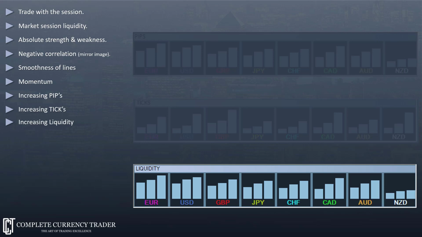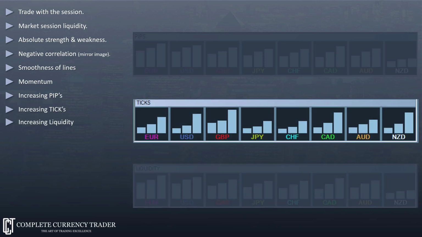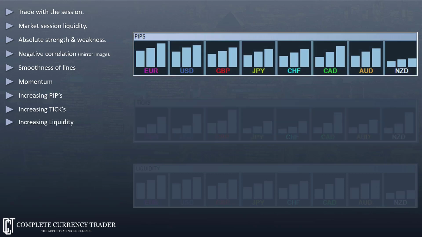When liquidity is increasing, it means market makers are becoming more active and more competitive. That's a good sign because they become active in response to increasing customer demand. The same is true of ticks. Increase in tick volume tells us there are more orders taking place. Increase in pip values are good because they tell us